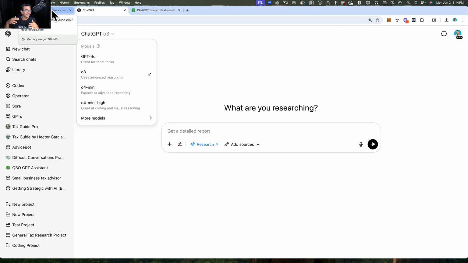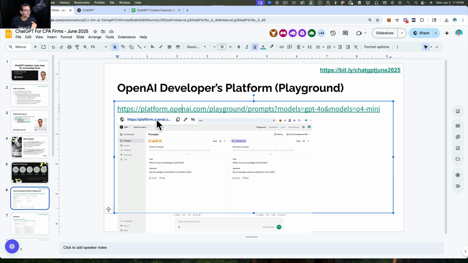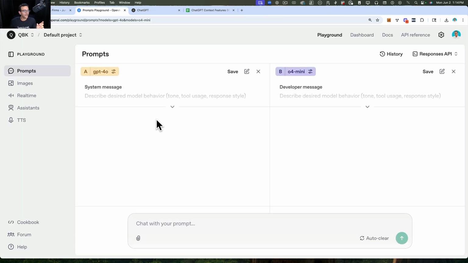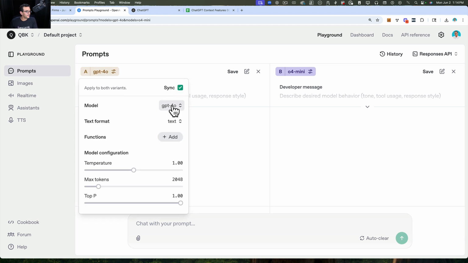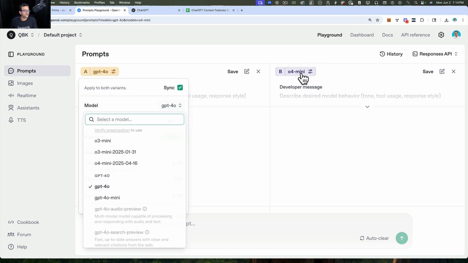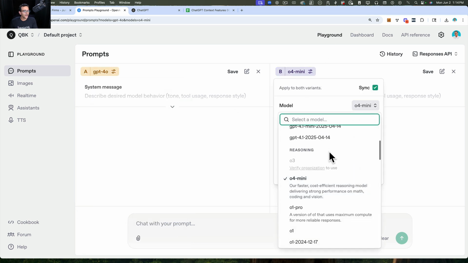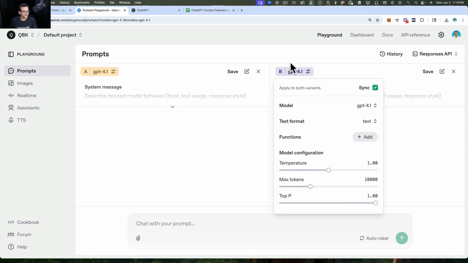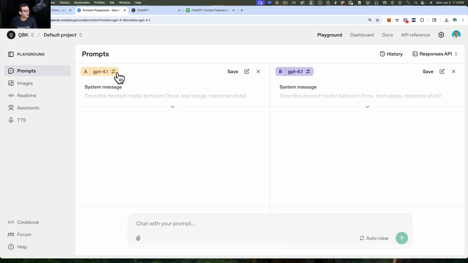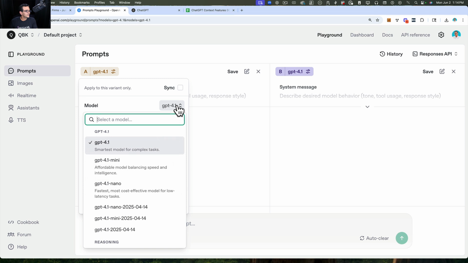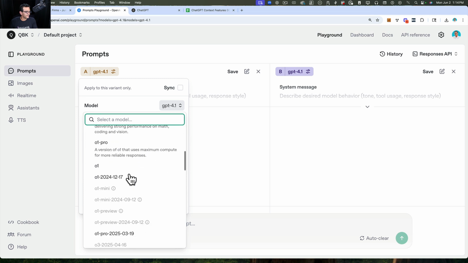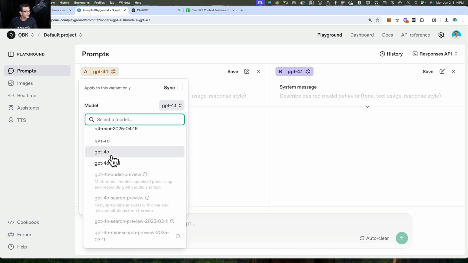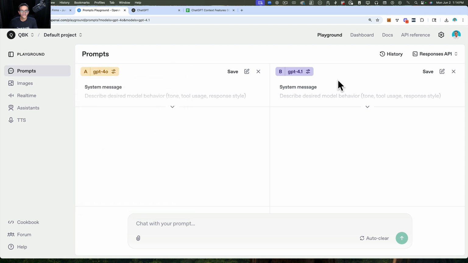Not just that, it's every single model plus the context that you create, which is what we're going to be focusing on, will also render a different answer. So if we actually go into the link that's in the slides, it's called the platform head-to-head comparison. You can grab 2 different models. So for example, I want to compare ChatGPT 4.0 versus ChatGPT 03 mini, or let's say just ChatGPT 4.1. Okay, that's a good example. So I got 2 different models. I got 4.0 and let me just turn off the sync here. So I got 4.0 versus 4.1, and you've got 2 different models to choose from, and you're trying to decide, okay, which one's going to give me a different answer.